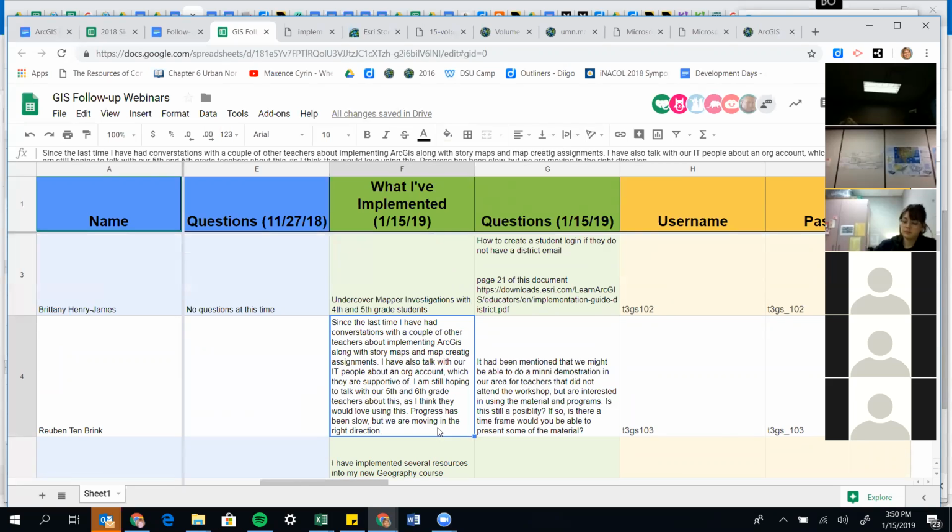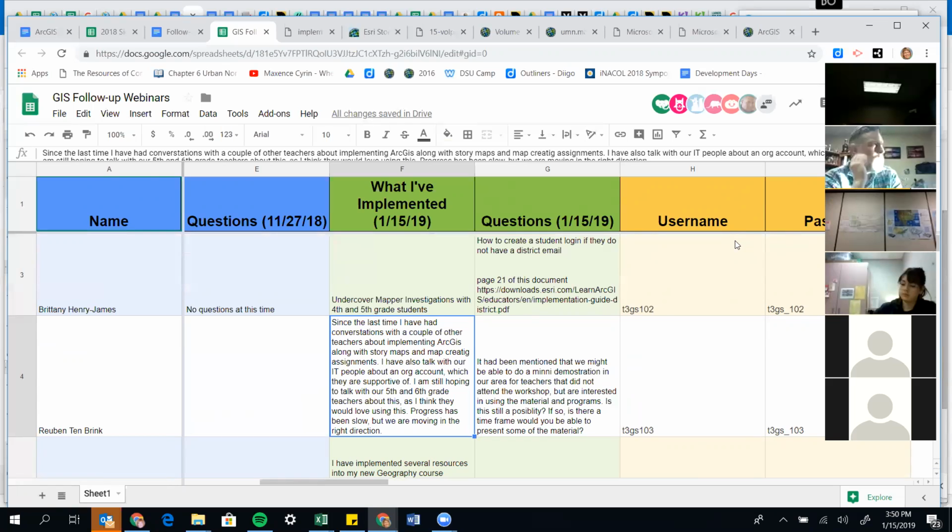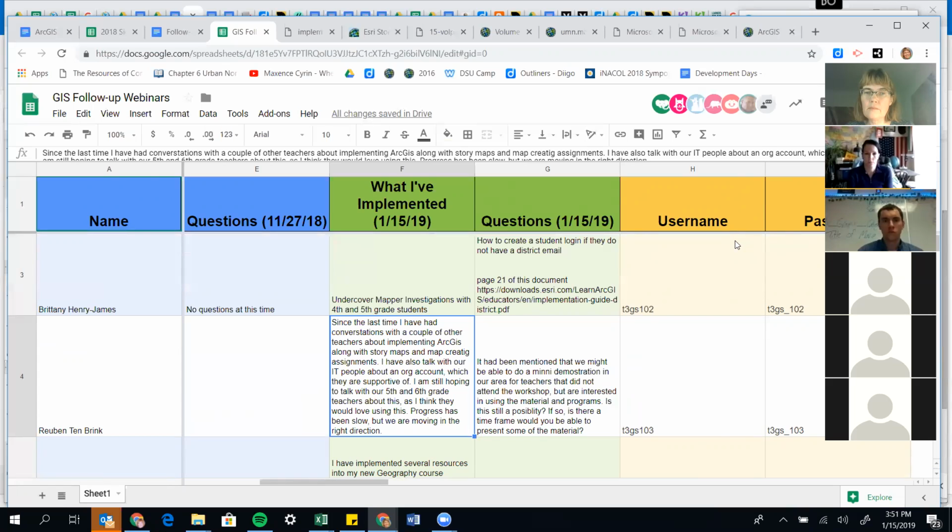That's the main thing. I've been talking with a couple of different teachers about using ArcGIS and some of the other programs that we looked at in our October workshop. I got a lot of interest, and we started talking about this right before Christmas. Of course, Christmas break comes in, everybody winds down. So now we're trying to get the ball rolling again and get that interest built back up. I want to get our elementary teachers involved because I think it's really great for what they're doing and some of the coursework they're covering.